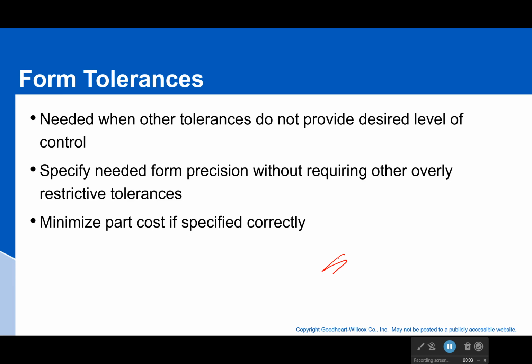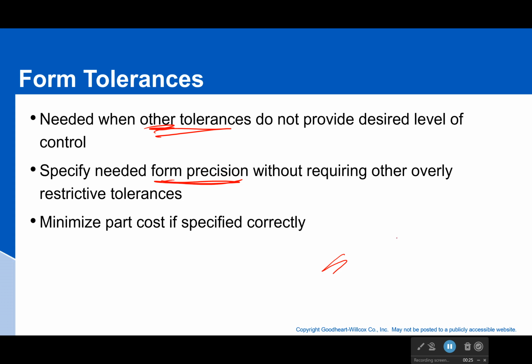So form tolerances, why do we need them? Why do we care? Well, we need them when other tolerances do not provide our desired level of control. When I say other tolerances, I'm meaning size tolerances. I'm also meaning things we haven't gotten to yet, like profile or orientation or location tolerances. So these form tolerances that we're going to be talking about, they specify the needed form precision without requiring other